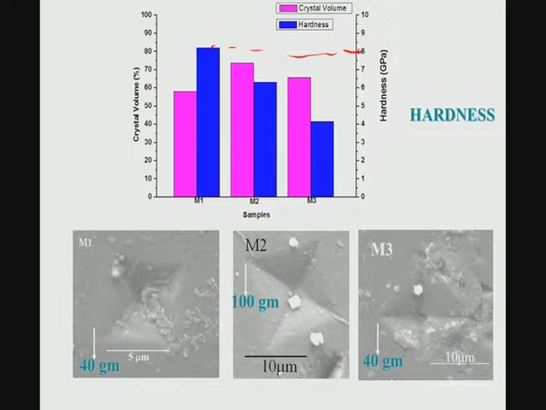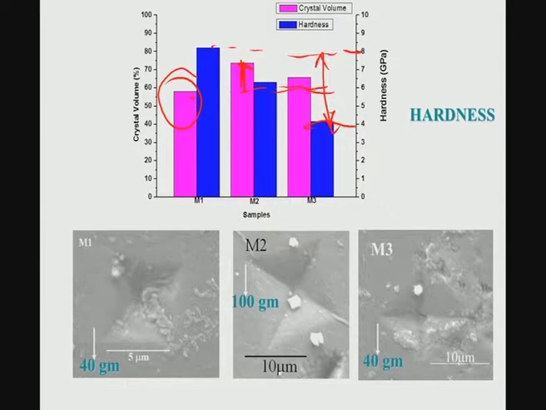This is extremely hard, and this extremely high hardness can be attributed to the specific crystal morphology that I described to you a few minutes back, which I called the envelope-like crystal. That characteristic crystal morphology is helpful in getting hardness values so high, more than 7 gigapascal. And what is the crystal volume fraction? That is up to 60% volume fraction of the crystal, which is also a very large number. So, by varying the base glass composition, the crystal volume fraction varies in the window of 60 to 70%, and hardness varies in the range of 4 to 8 gigapascal.